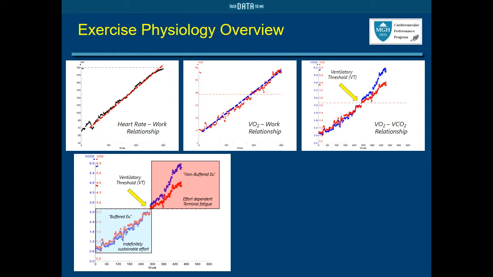All of you buy your commercial heart rate monitor, you pull it out of the box, and it's got 8 different zones that are all nicely color-coded. There's some value to multiple zones, but from the perspective of human physiology, there are only 2 zones, above and below your ventilatory threshold. Below the ventilatory threshold, any work is indefinitely sustainable, meaning with proper hydration and nutrition, an athlete can continue with that workload for however many hours they choose to do so. Above the ventilatory threshold, effort-dependent terminal fatigue sets in, meaning at some point the athlete will succumb to fatigue.